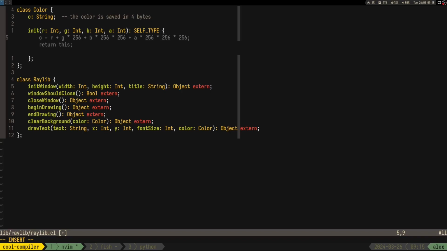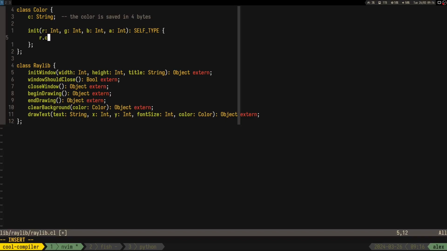So R, we need to convert it to character. So I would do to string basically, right? No, not to string. I need to get a character for it. So I have to do r.chr